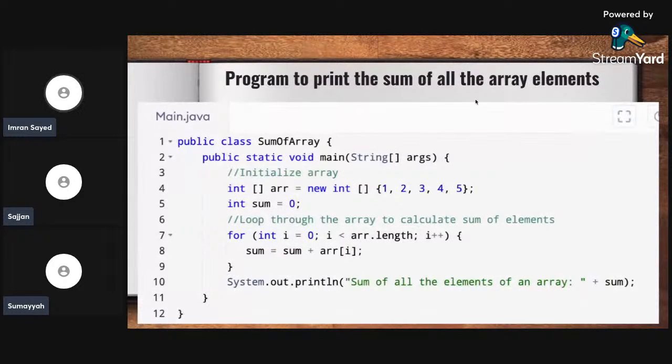So, a program to print the sum of all elements of an array. Here's where we initialize the array: int array = new int {1, 2, 3, 4, 5}; int sum = 0; for (int i = 0; i < array.length; i++) sum = sum + array[i];